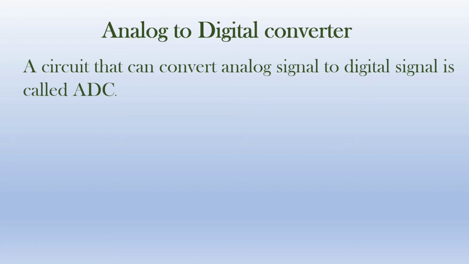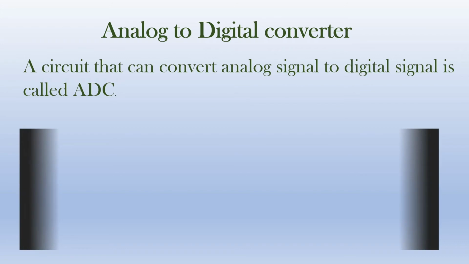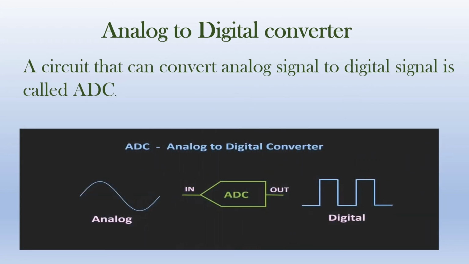So let's take a graphical look. This is the analog signal that is fed into an ADC or converter circuit, and the output signal is a digital one. This is the input signal that is analog, and this is the output signal that is digital. These circuits are very important because whenever we use equipment like laptops and computers, they can